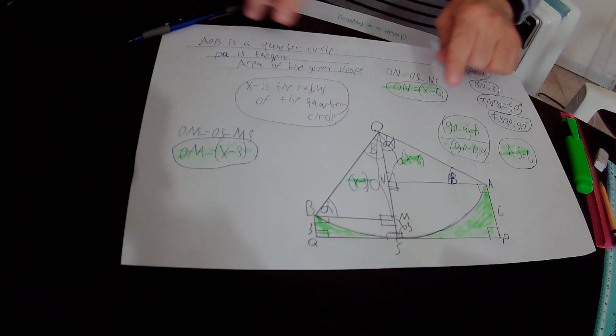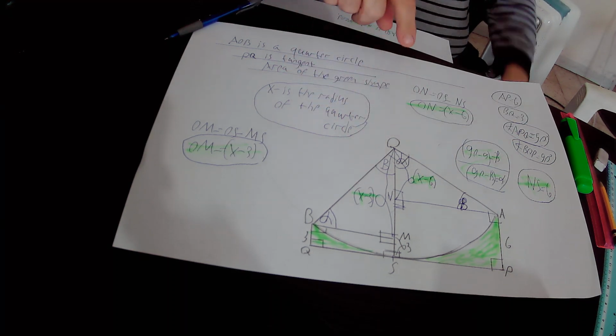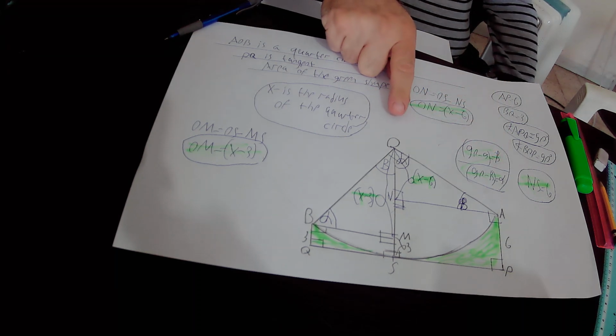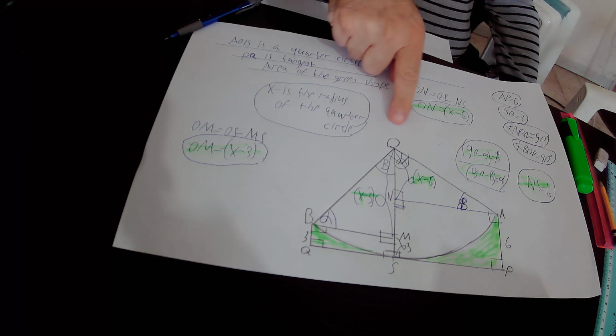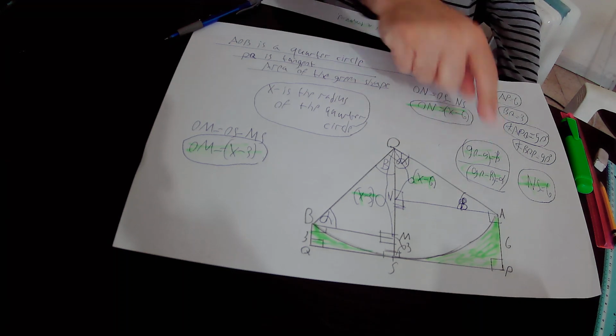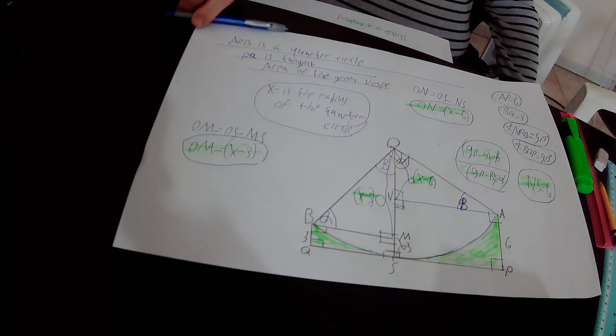So in the next step, we'll prove that those two right triangles can go into each other. Okay, but first of all, what is the definition of line segment OA? Point O is the center of the quarter circle. Point A is the point of the quarter circle itself. Therefore, OA is the radius of this quarter circle, that is equal to x,